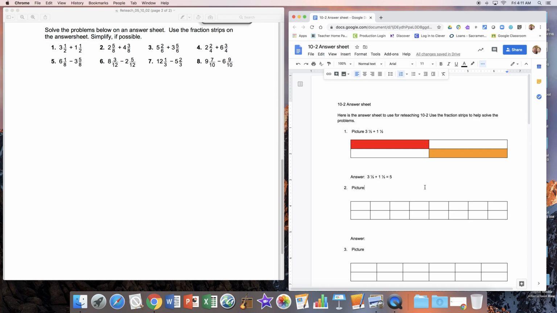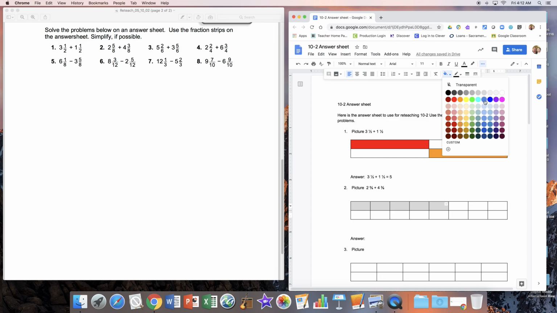So I'm going to do one number. I'm going to go and do number, let's do number 2, since it's the next one in line here. So the problem is 2 and 5/8 plus 4 and 3/8. So this first one is, how many 8s are there? There are 5 of them. 1, 2, 3, 4, 5. So we're going to fill those in